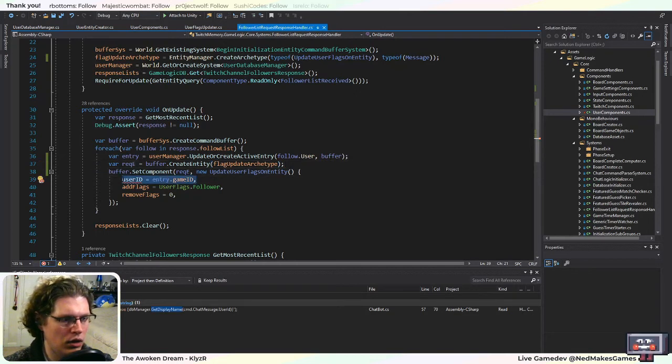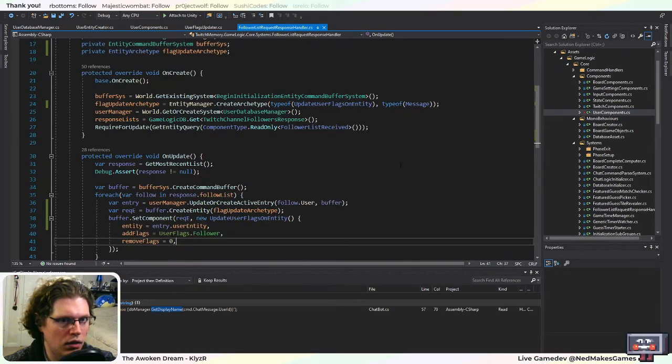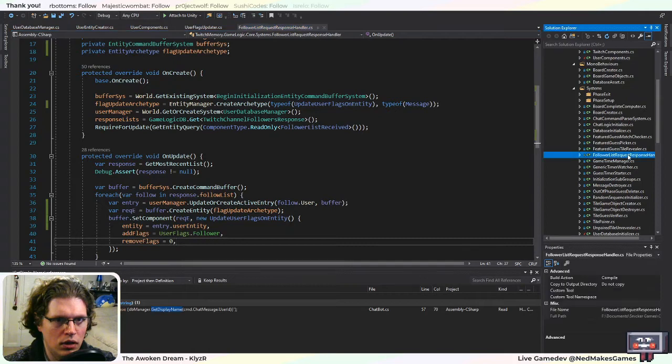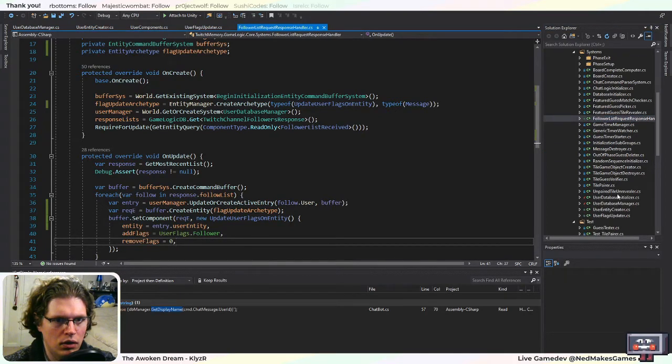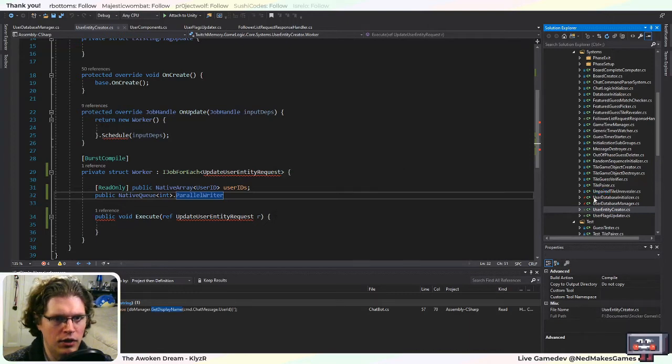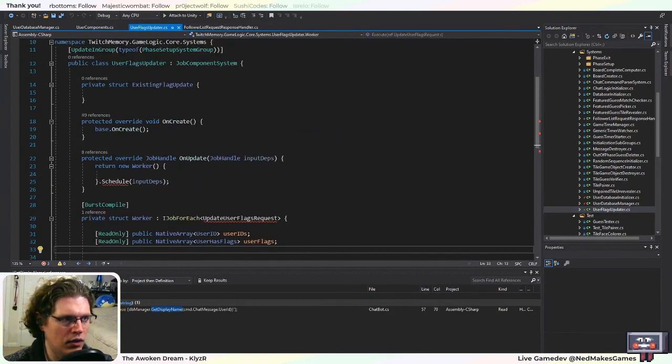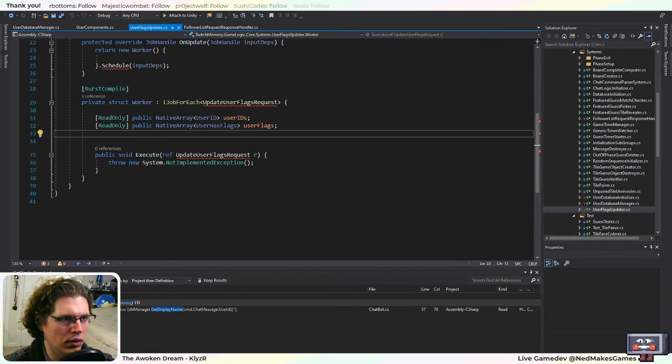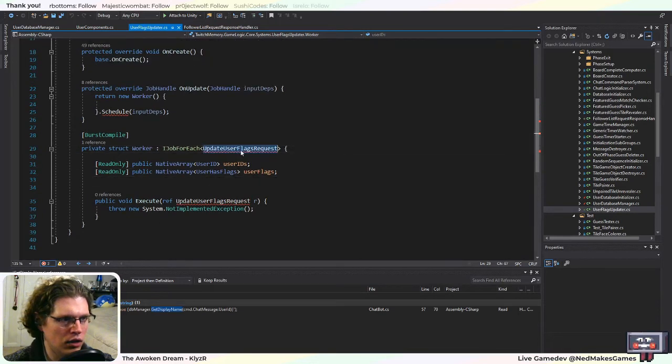So then we pass it the entity, which we have from here. Okay, so this user flags updater we can keep, but we don't have to worry about creating the entities anymore, which is nice. Okay, so what this does is, again,